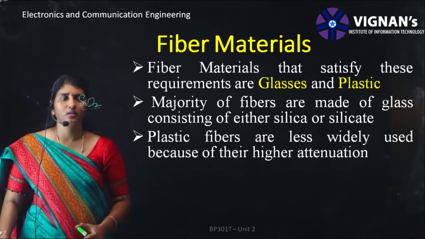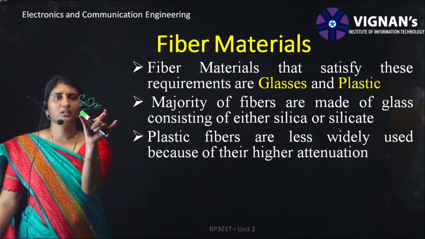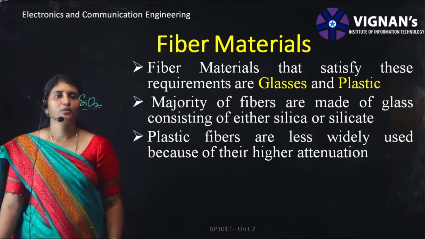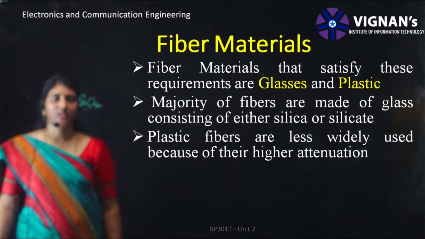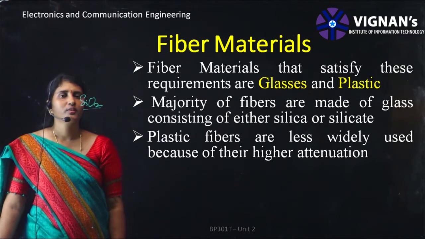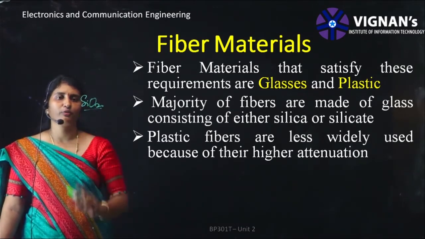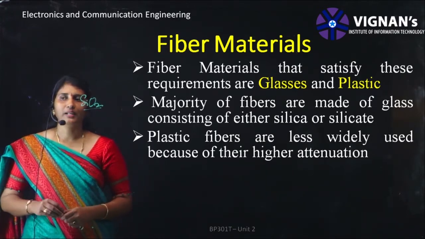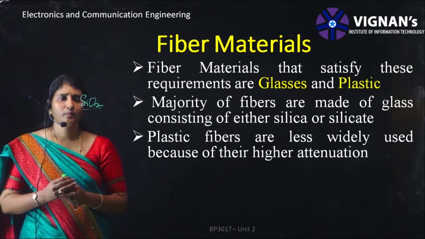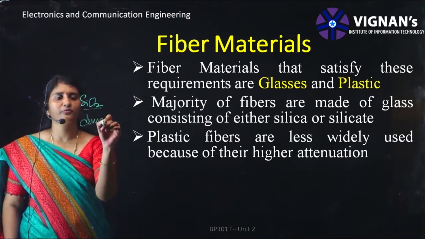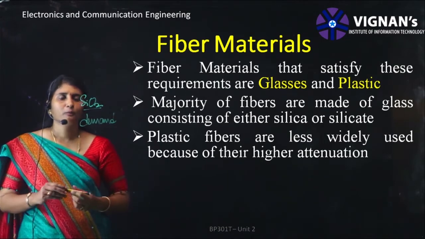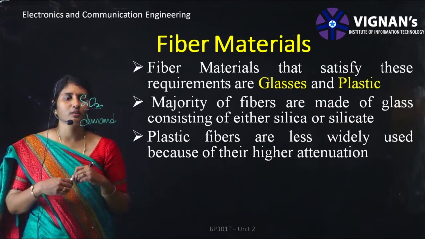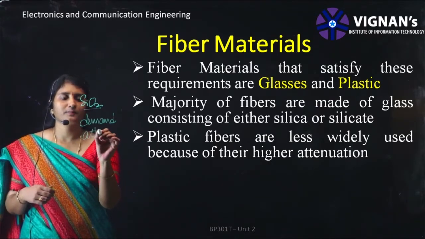Generally in the olden days, silica was the only material used for glass preparation, and the same was used in the preparation of optical fiber. Even the telecom sector used only this silica type of glass optical fibers. Later on, with the advent of plastic fibers, they were widely used. They got some demand in a certain period, whereas because of their disadvantages they are now less widely used, because the disadvantage is attenuation.